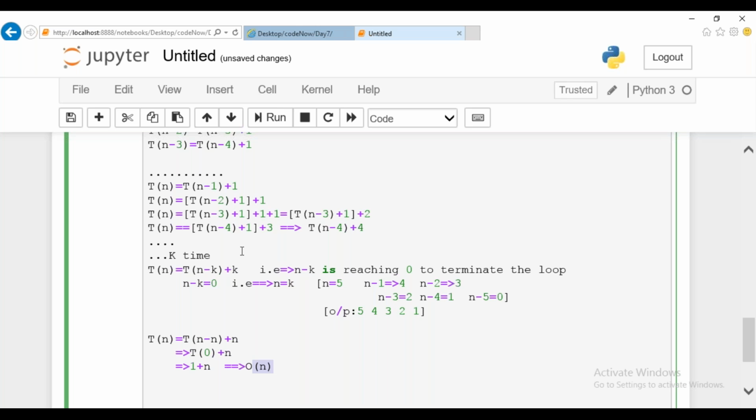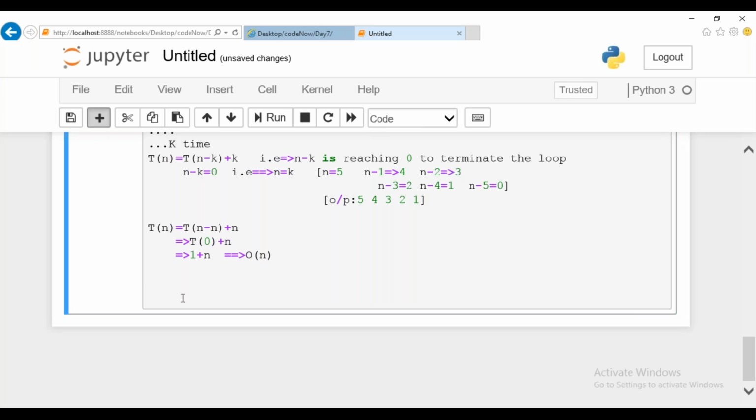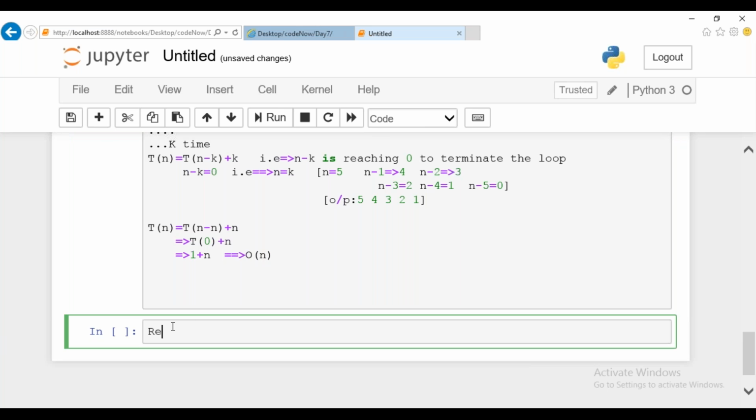I've given you 3 different methods, either by using a recursive algorithm, which I can name as a recursive relation, or recurrence relation. In the case of a recurrence relation, we use the back substitution method. This is a very important point, guys. This is done by using back substitution, evaluating the expression and substituting back. I'll give you one more small example before moving on to the searching algorithm.